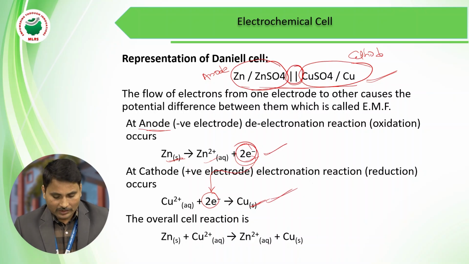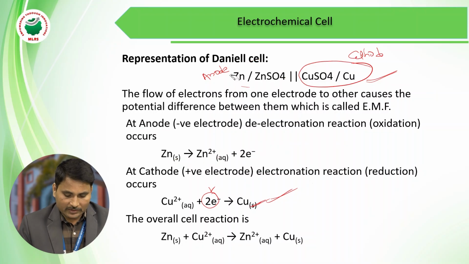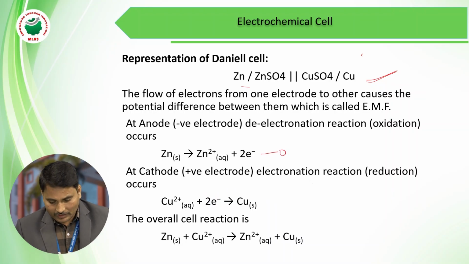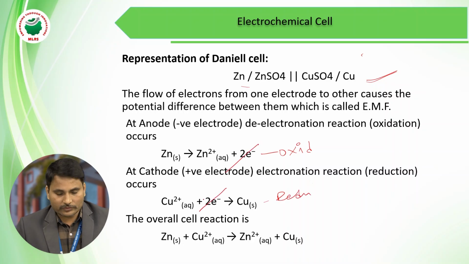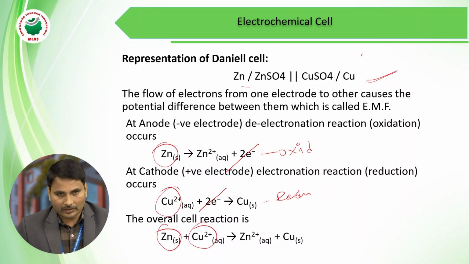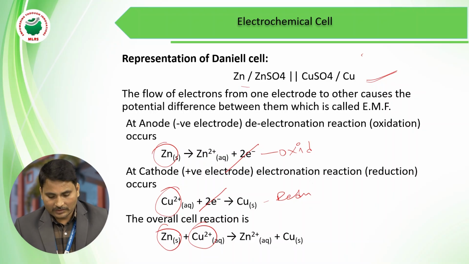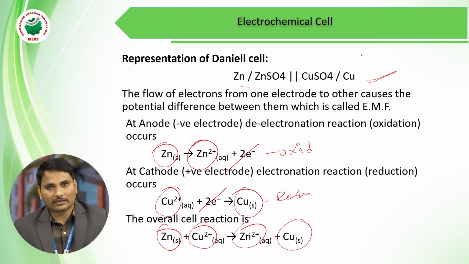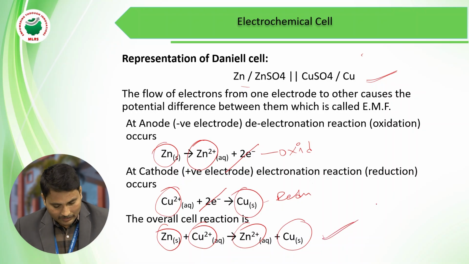If we look at the final reaction, to easily understand, there is the oxidation and there is the reduction. If we cancel what is common to both, the remaining gives the overall or final reaction. This zinc I wrote here, and this copper I wrote here, on the left hand side. On the right hand side you can see Zn2+ and the pure copper metal. This is the final or net reaction.